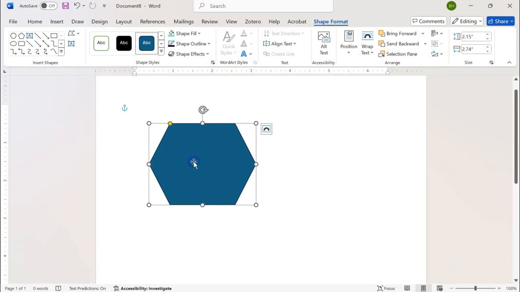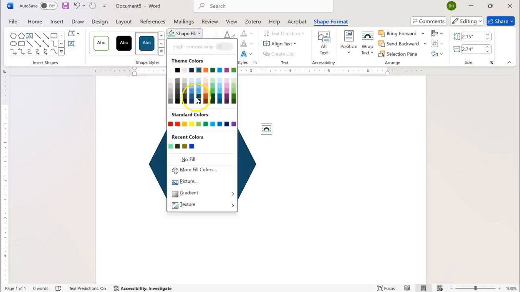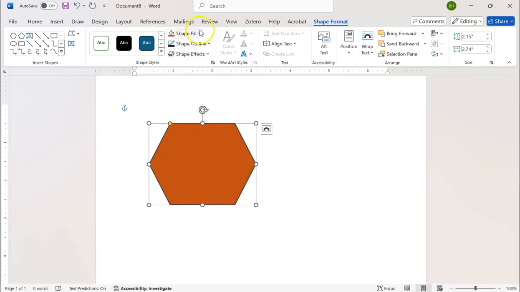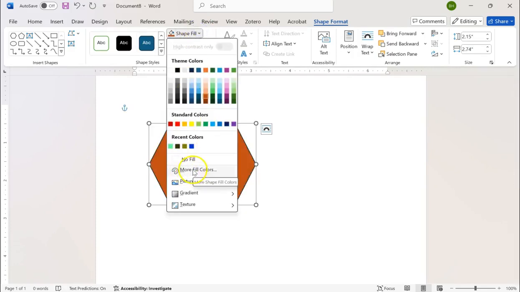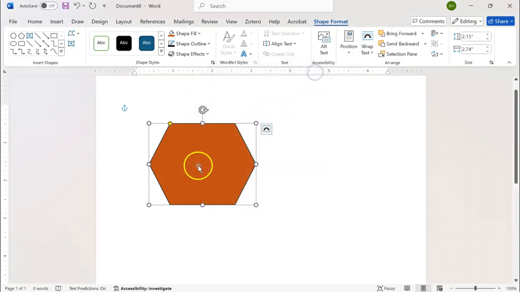Okay, now click on this and go to Shape Fill and change the color. So you can choose any color you want. You may want this color, the simple one, but you have more color options, More Fill Colors, and you can choose any one of them. And also this is the hex code, so you can bring your favorite color code and bring it here and click OK. So I have already selected my color,